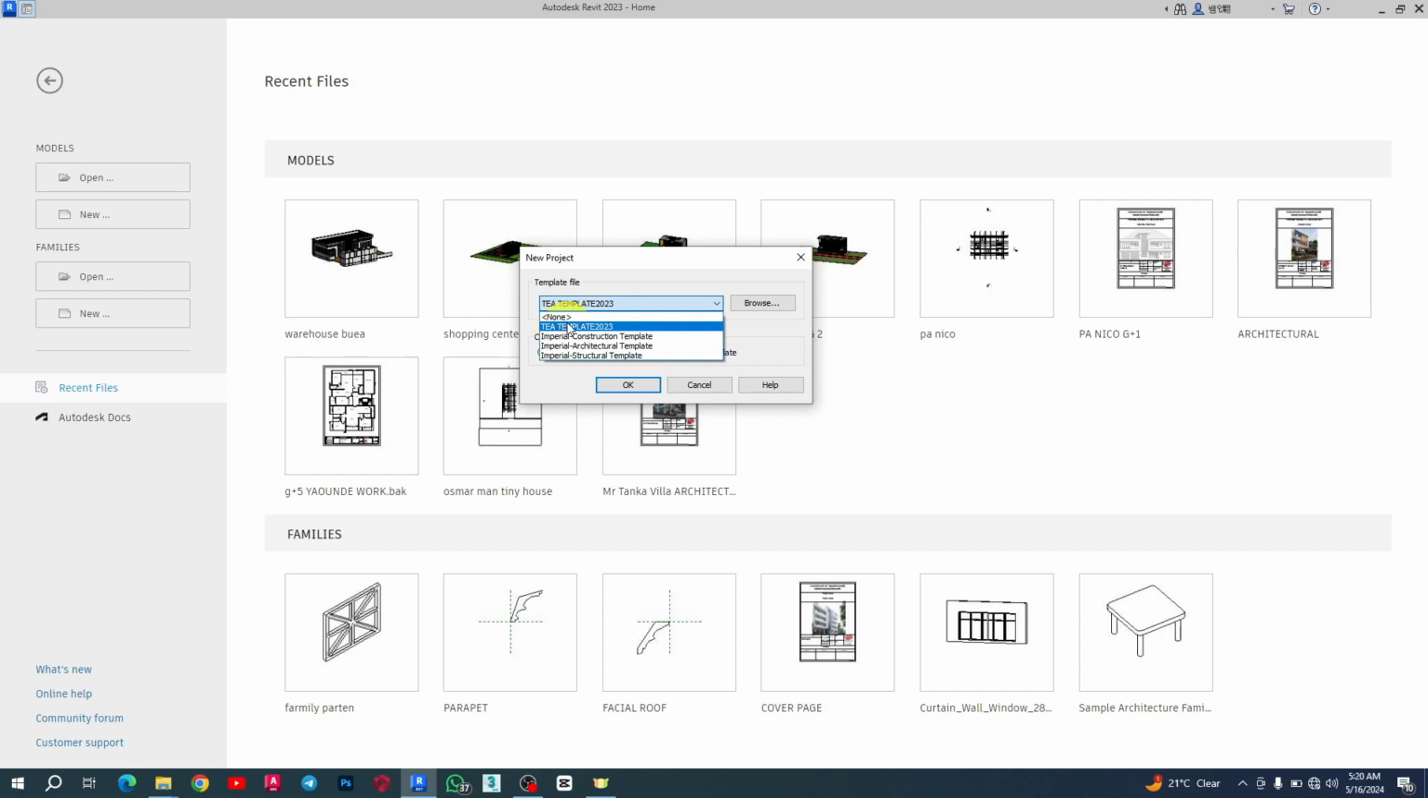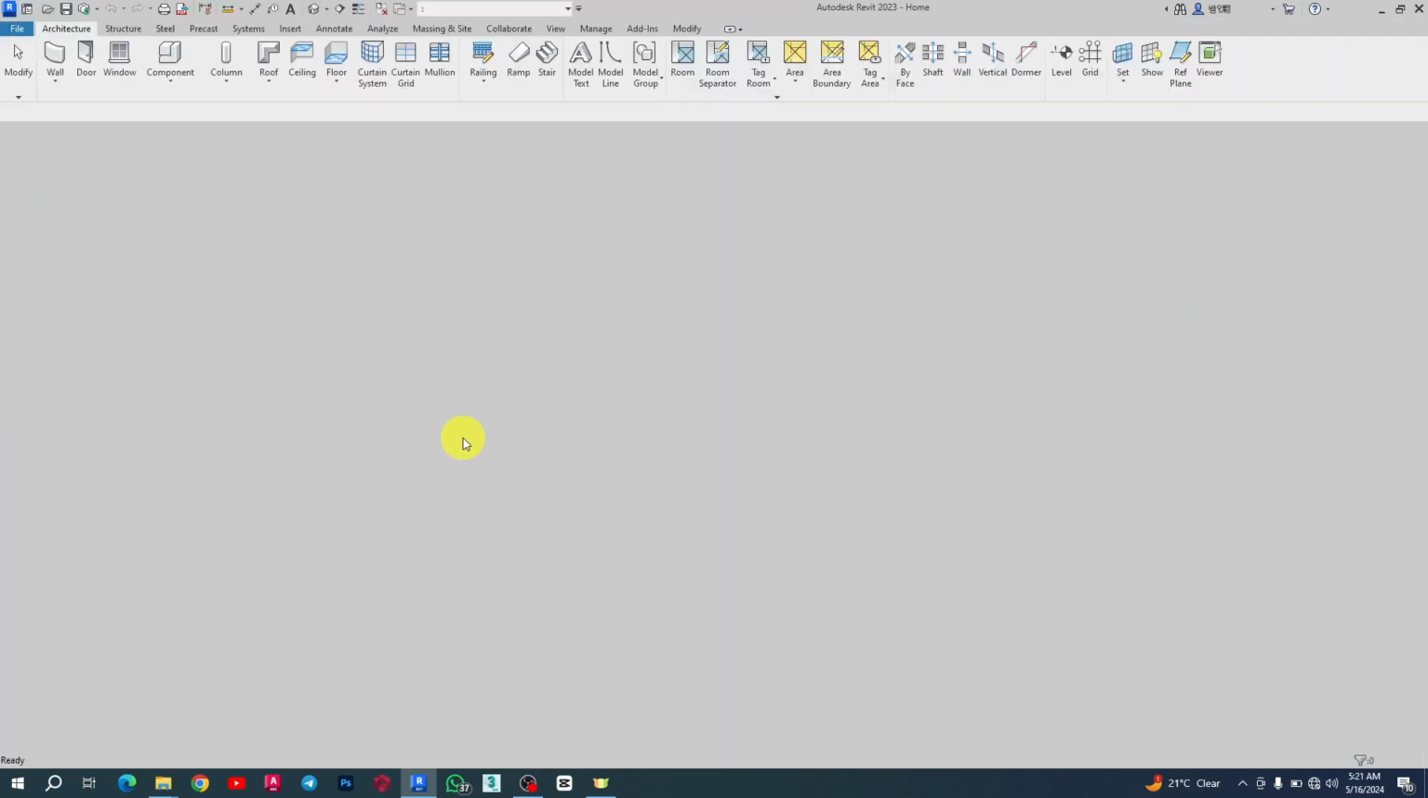So I usually go with my own template. This is my template here, so you see it's the first thing here when I open. So I'll just say create new project template. So I want to create a new project, so I'll start. Okay, just click on OK. So while waiting